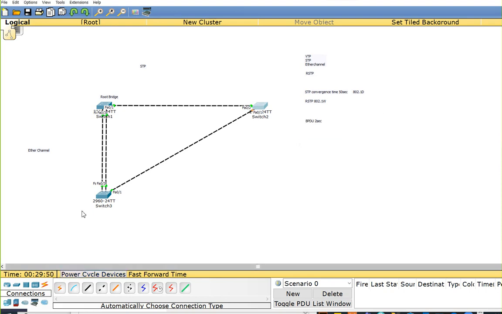If you have a PC, for example, an end device connected in here, it doesn't need any BPDU messages because BPDU messages are only related to switches. But on these ports, all the empty ports, BPDU messages are enabled by default, right? Which is not required